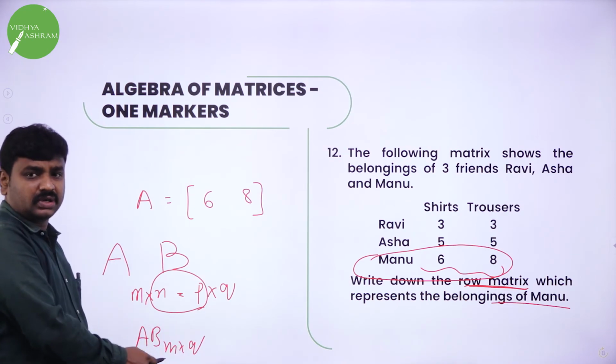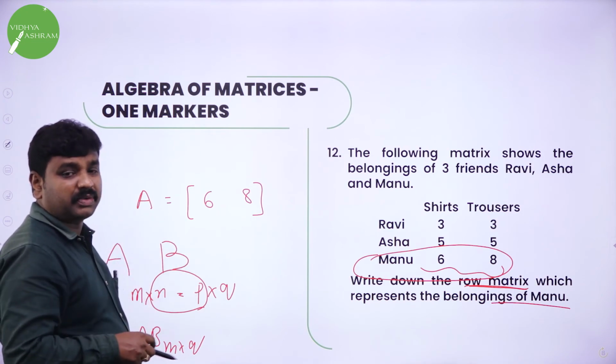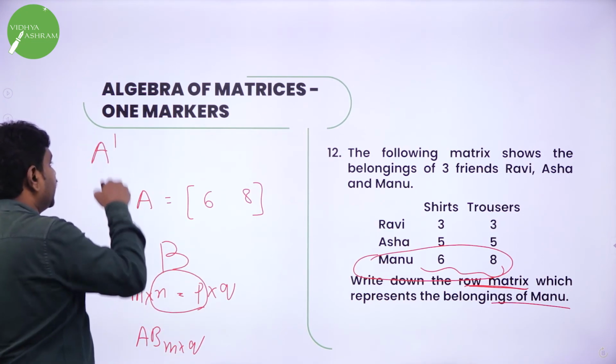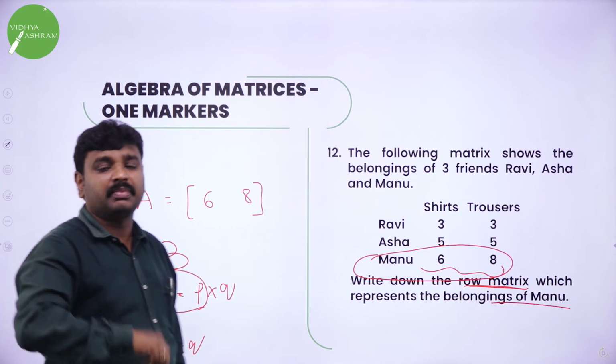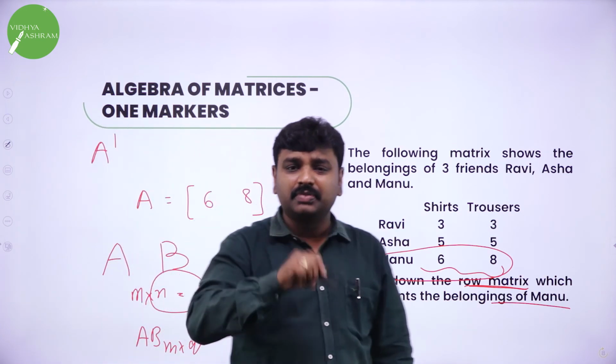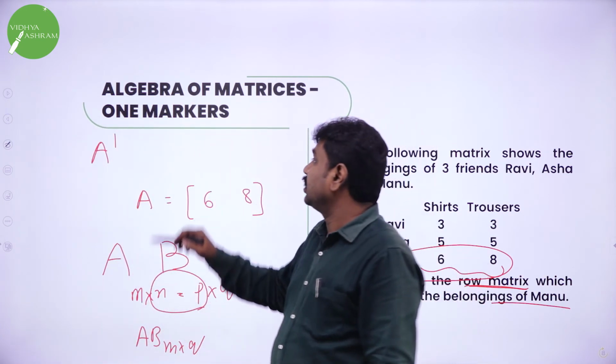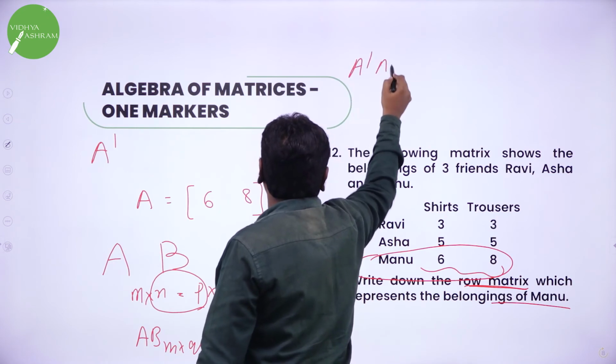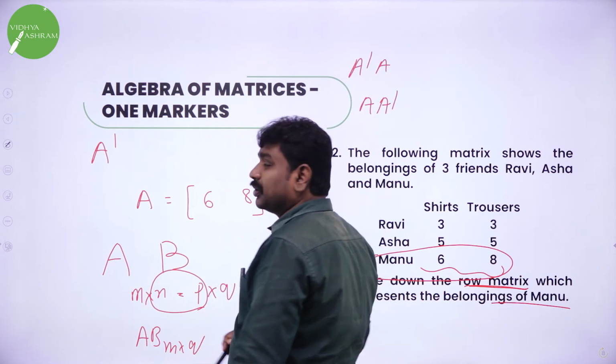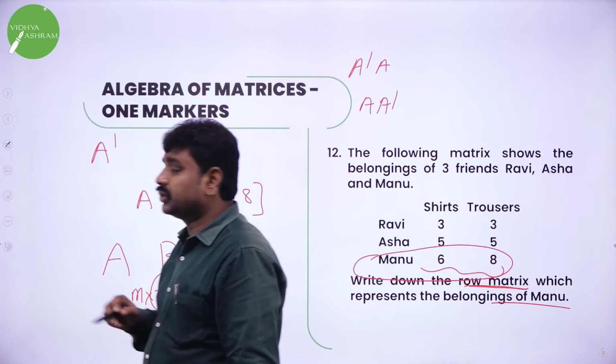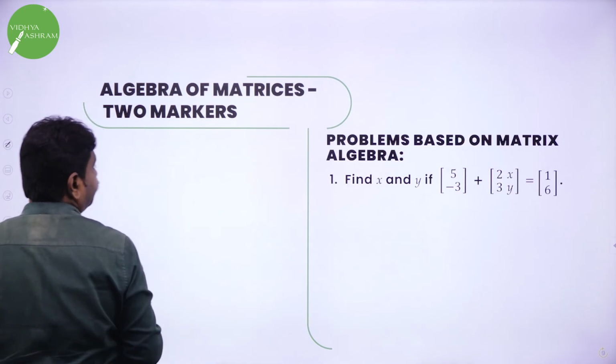This is a basic we took, and we have done problems on matrix multiplication, and we have also used A dash. What is A dash? Transpose of a matrix. Then I have done problems based on transpose also. Then we have done problems on A dash A and A A dash. Then we have done problems on matrix addition. So these are the problems we have done.